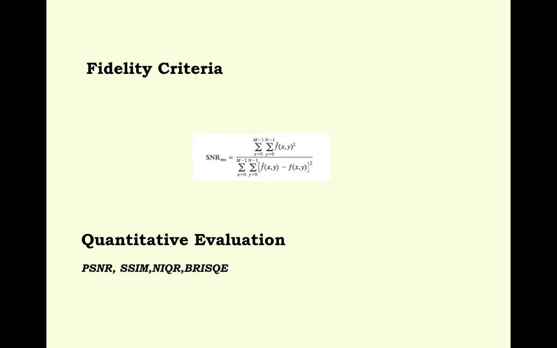PSNR is the peak signal to noise ratio. SSIM is the structural similarity index. It measures how similar the original image and the restored image are to each other, on a scale of 0 to 1. If it is 0, they are absolutely different. If it is 1, they are ideally matched. Therefore 0 and 1 are both extreme cases, so in between there is some value. If two images are very close to each other, it tends toward 1. If it is worse, it goes down to 0.5, 0.4, 0.3, tending toward 0.